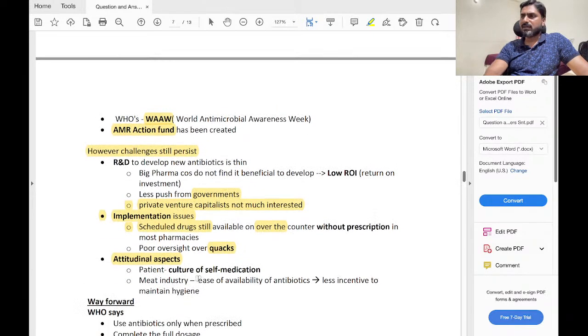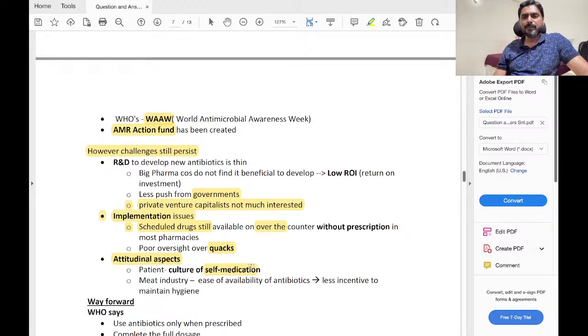So at the psychological level, or at the individual level, the problem is at ourselves, our perception level also. We prefer to go for self medication. So what we are saying is that we have a culture of self medication. See, the culture of self medication, yes, in urban areas that is a problem, that even educated people prefer to go for self medication rather than go for